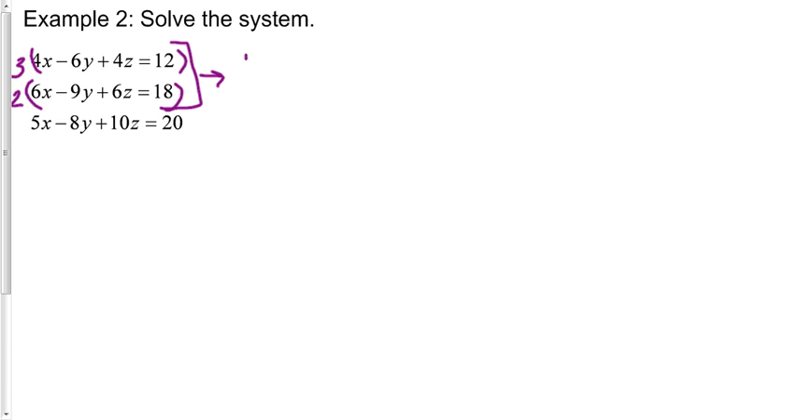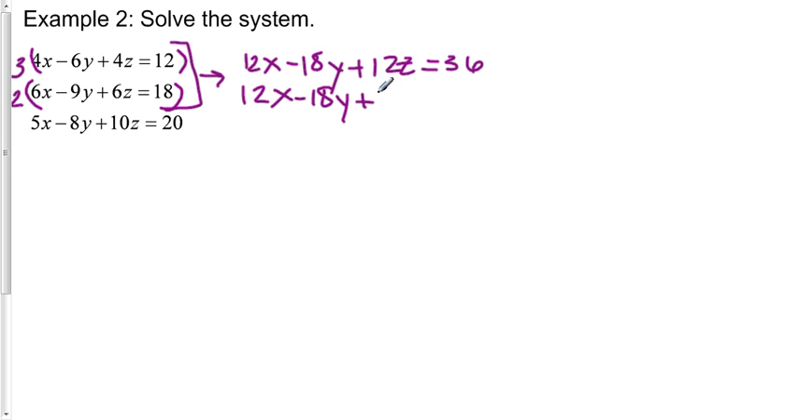3 times 4x is 12x, minus 3 times 6y is 18y, plus 3 times 4z is 12z, and equals 3 times 12 is 36. Second equation, I'm going to multiply everything by 2. 2 times 6x is 12x, minus 2 times 9y is 18y, plus 2 times 6z is 12z, and equals 2 times 18 is 36. Now, what I've just realized here is that I've got the same line, or the same